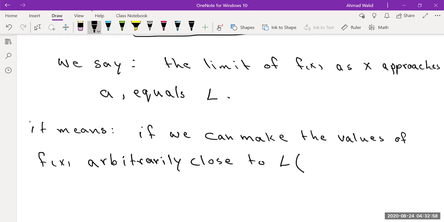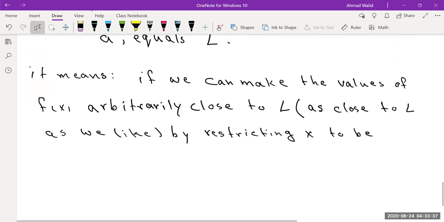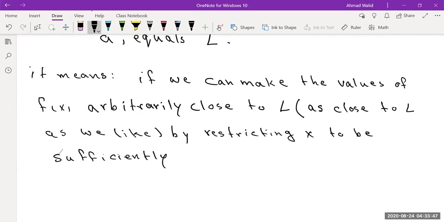It means as close to L as we like, as close to L as we like, by restricting x to be sufficiently close to a,